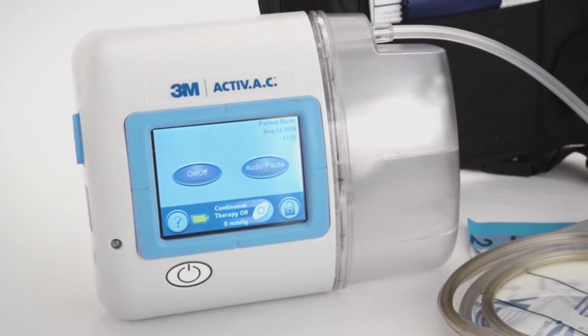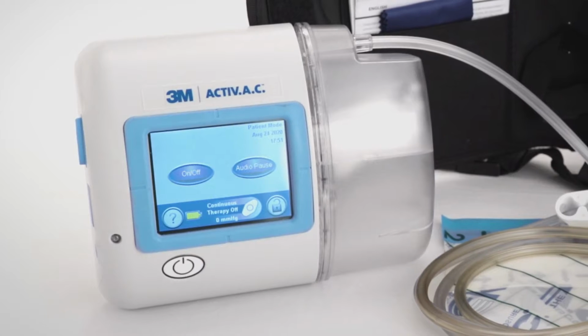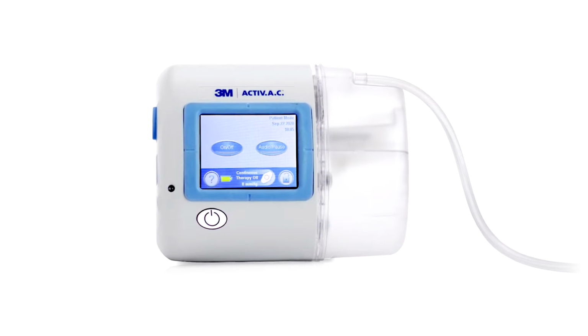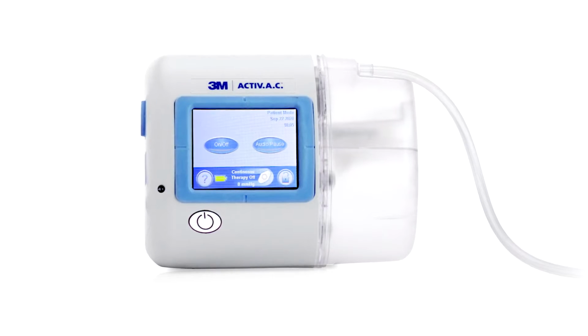This learning tool has been created to help you understand how 3M VAC therapy works and to clearly explain the proper and effective use of your ActiV.A.C system. To help you manage your wound, your healthcare professional has prescribed the 3M ActiV.A.C negative pressure wound therapy system for